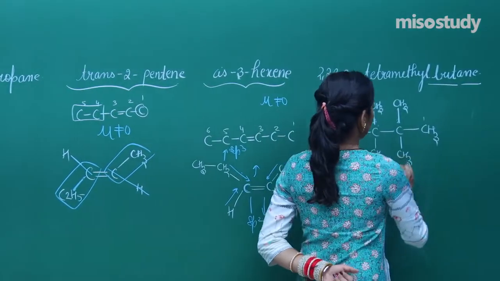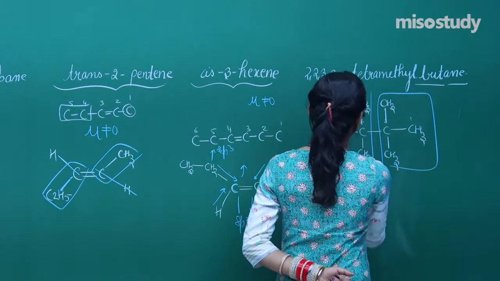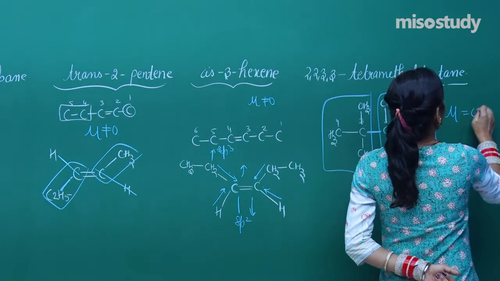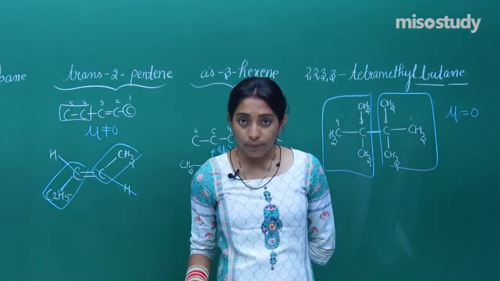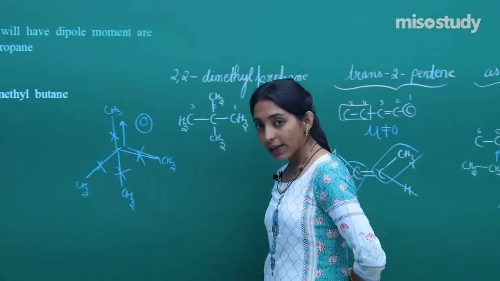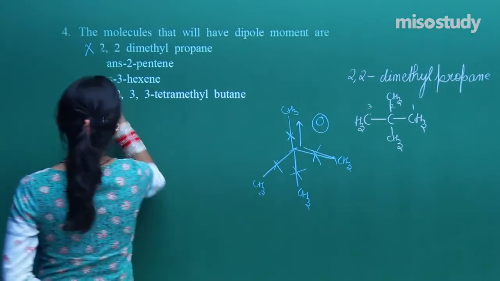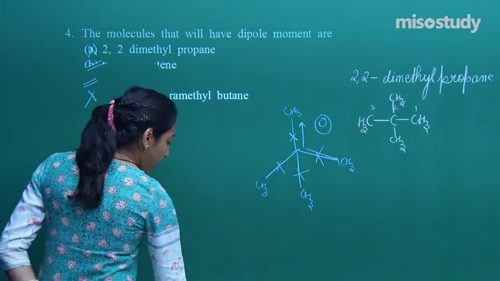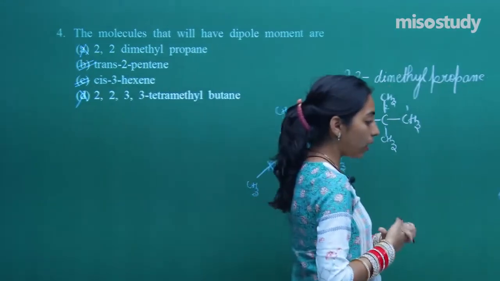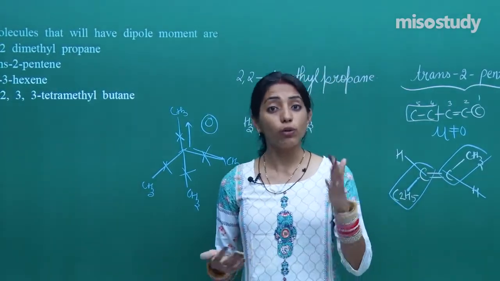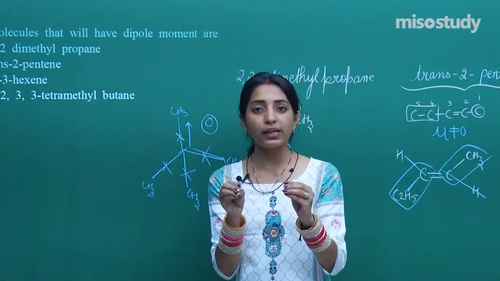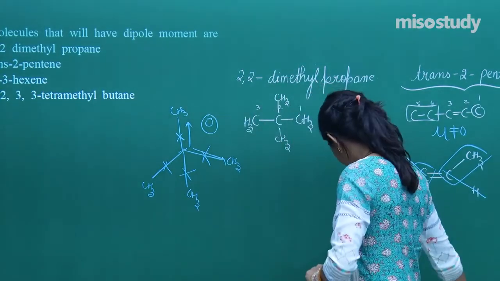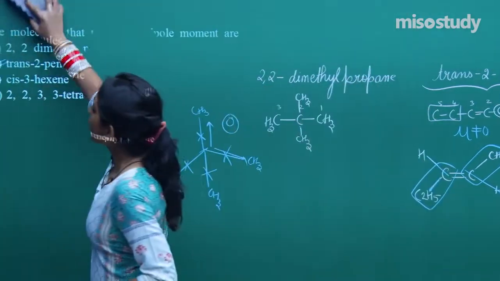But in this particular case, this is completely non-polar, this is completely non-polar, this bond is non-polar. So once again everything cancels out and mu is 0. Okay. So guys, this question was a multi-correct question with 2 options as a correct option. One is this, not this. Okay. So please don't mug up saying that ma'am trans is always 0 dipole and cis is always having dipole moment. No, it depends on which particular carbon the double bond is situated. Okay. So make sure you keep that thing in mind. Fine. So having done with the 4th question,